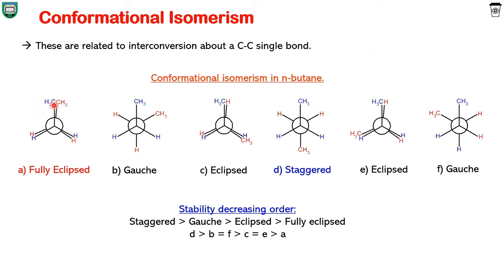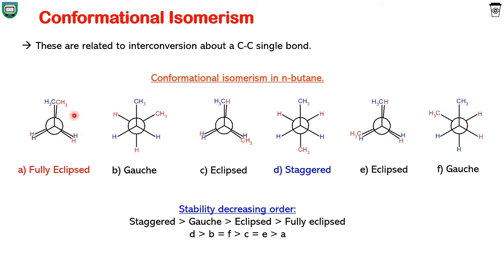So we are writing the first carbon atom in blue color at the top, and the second one is this one. These 3 lines are matching, right? This is the second carbon atom, and the third carbon atom is the big sphere, this circle, right? This is the third carbon atom, and the fourth carbon atom is the methyl in red color. So C2 is the front side and C3 is behind, the back side. So we get different isomers.